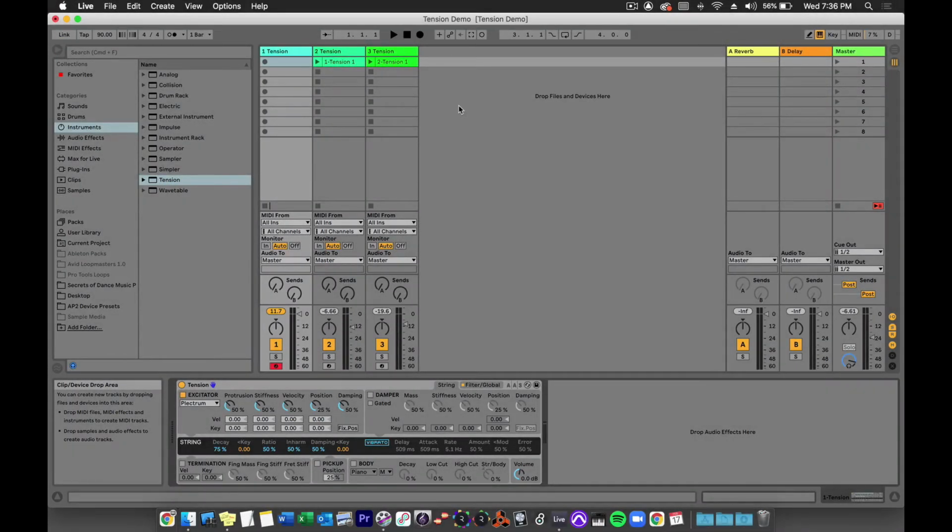In this video, we're going to be taking a look at another physical modeling synth from Ableton called Tension. Tension seeks to emulate the action of plucking or bowing or hammering a string in the real world. The parameters available allow you to create some very realistic string sounds as well as imaginary or non-real world string